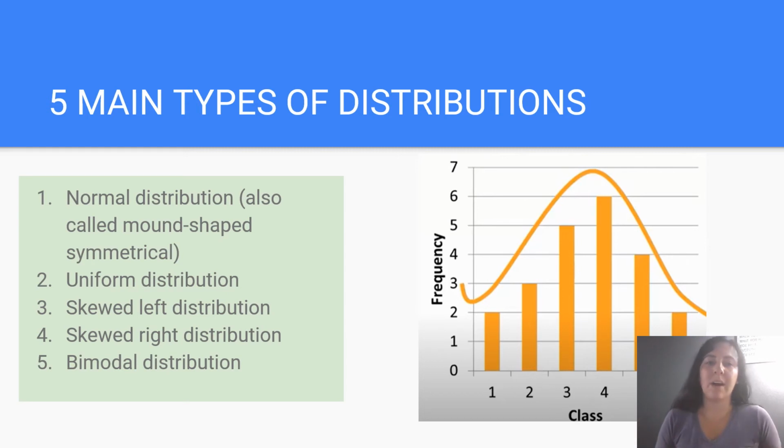Don't ask me why they call it normal distribution. They call it normal. It seems to me like it shouldn't be called normal. There's nothing really normal so much about it, but anyway. So normal distribution is when you basically see it